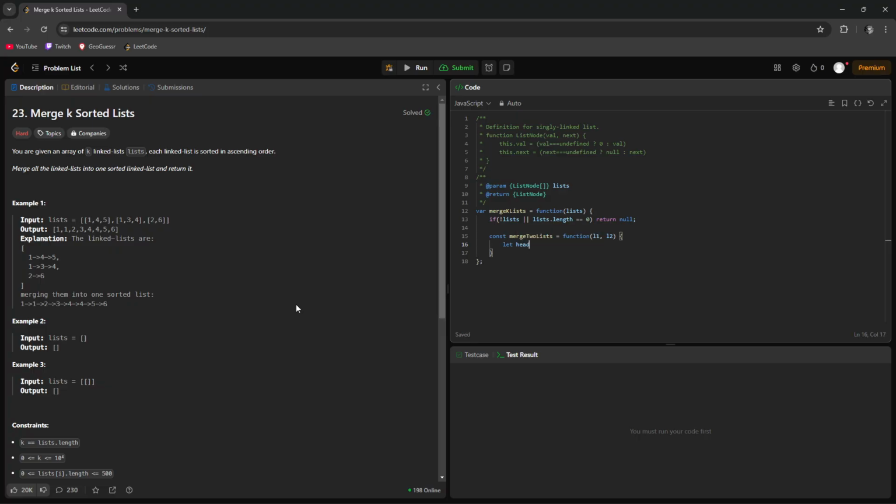And then we'll do what we did before. Head equals new ListNode. Let current equal head. And then while L1 does not equal null, type it right this time, and L2 does not equal null, if L1.val is less than L2.val,